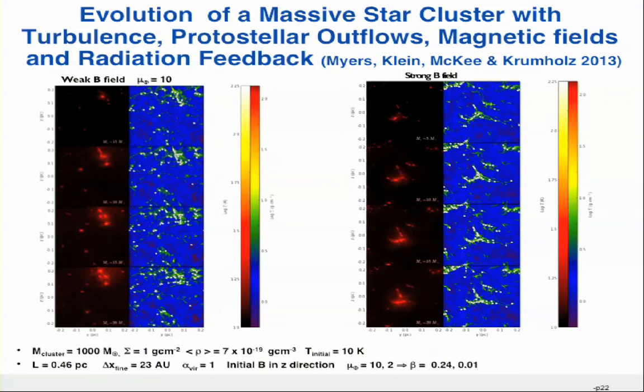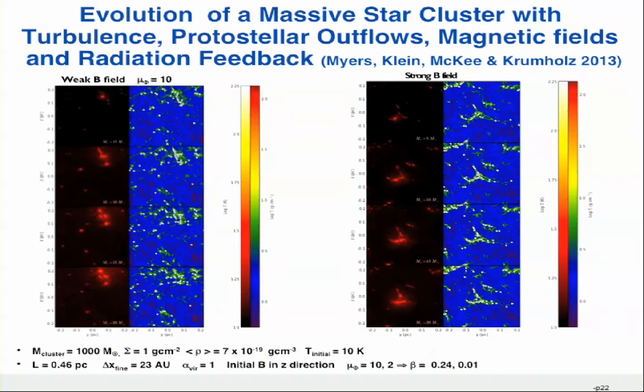Now, we're about to publish this paper. It's the first simulation of the evolution of a massive cluster that has turbulence, protostellar outflows, magnetic fields, and radiation feedback all coupled. These recent simulations were done with our graduate student, Andrew Myers, who's just about to finish up. These cluster calculations take on the order of 1 to 2 million hours per cluster, running on anywhere from 500 to 2,048 cores. Sustained runs take 2 to 3, 4 months at a time.